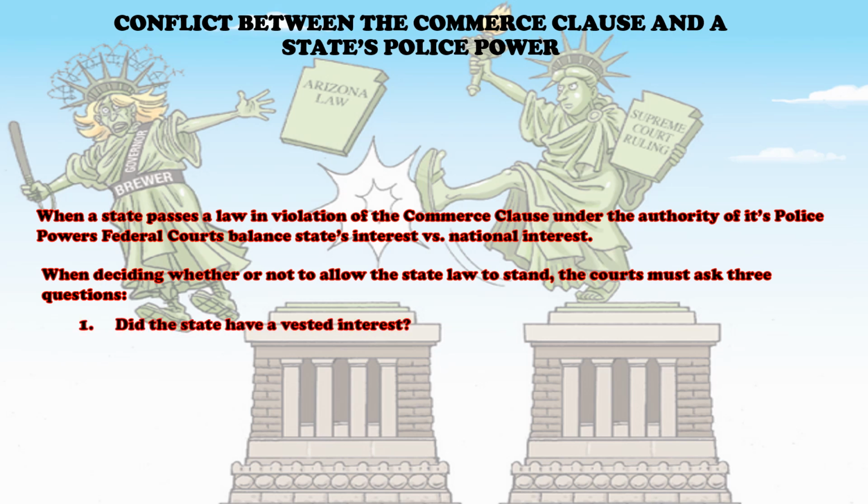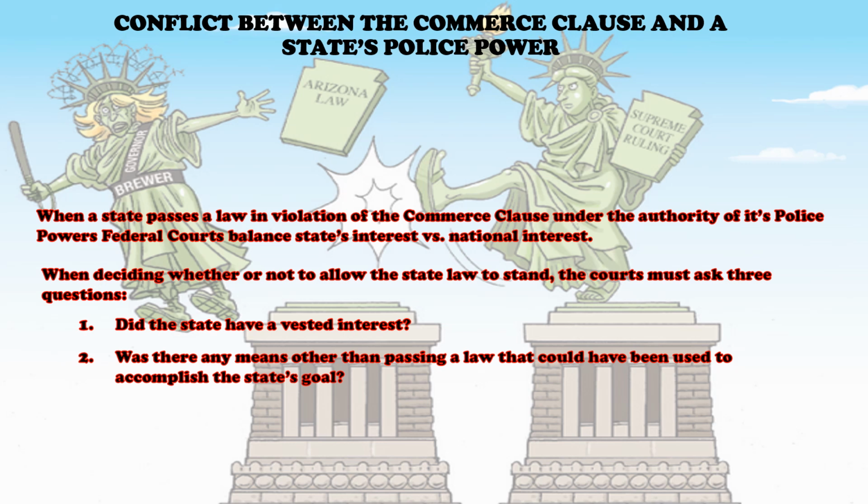Question one, did the state have a vested interest? In this case, did New Jersey have a vested interest? The answer has to come back, yes, to protect the health and safety of its citizens. Question two, was there any means other than passing a law that could have been used to accomplish the state's goal? In this case, was there anything New Jersey could have done to protect its citizens from New York City trash short of passing a law? The answer, once again, comes back no. Number three,